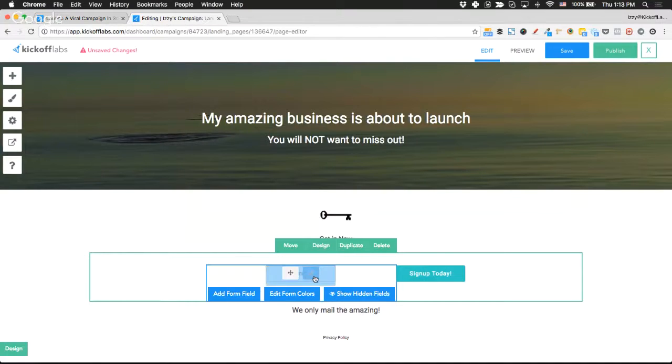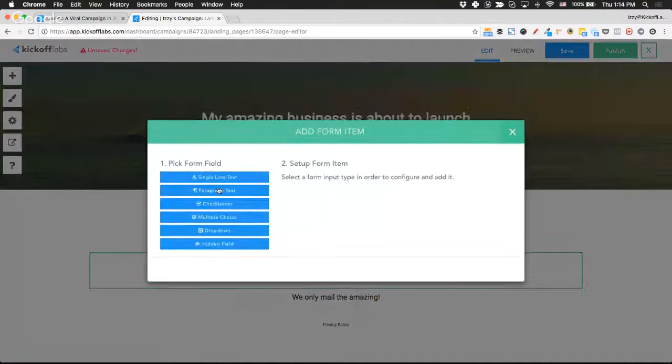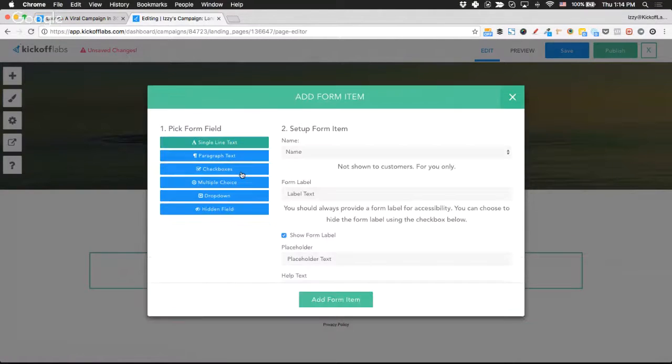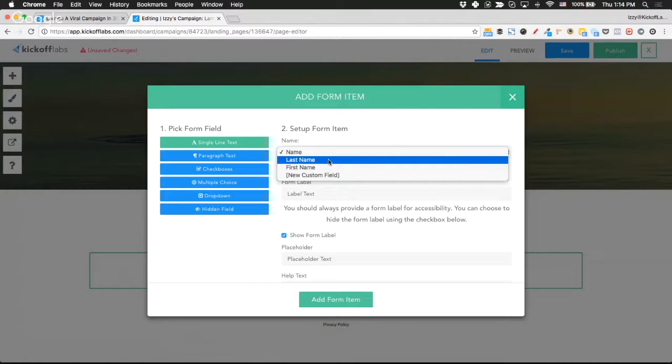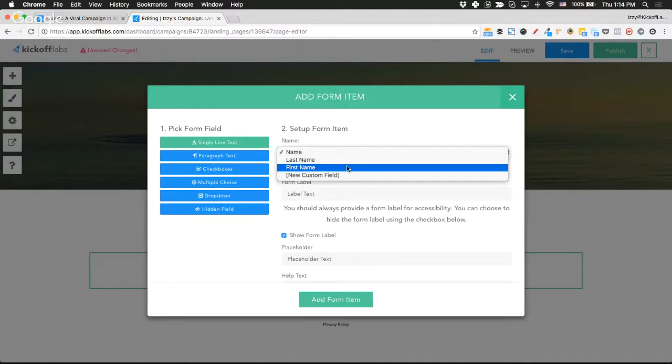All you need to do is click into the actual section and it'll show me some additional buttons. They'll start to hover, and these buttons say, add a form field. Okay, and I can choose to add any type of different form field. For this one, I'll just go ahead and choose a single line. And we have some predefined ones, or you can create a brand new custom one. We have some really basic predefined ones because we know that everybody has different needs.